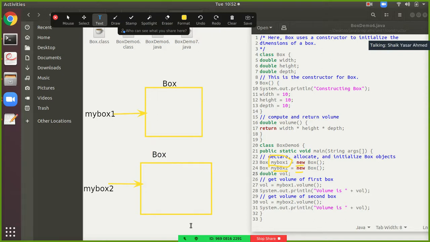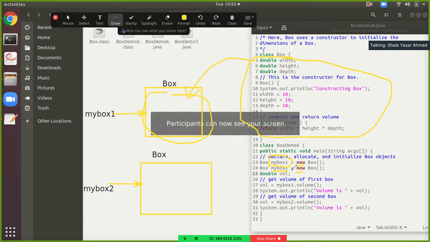This part I have already explained, I am just making you revise. So in this particular memory with mybox1 and mybox2, what will it contain? It will contain whatever is there in class Box. So what is class Box having? From line number 5 till line number 17, whatever is there will be allocated in the memory, and that will be connected with mybox1. Similarly, at line number 24 you can see mybox2.